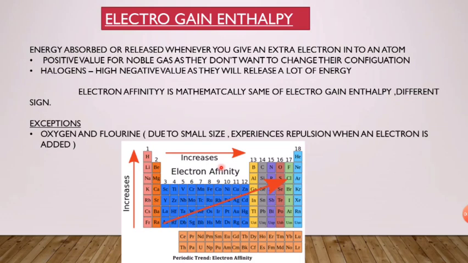That's why, as the atomic size increases moving from top to bottom in a group, the electron affinity actually decreases. Here it is actually bottom to top, so it's mentioned here as increases. While we are considering lithium to francium, that is top to bottom in a group, the effective nuclear charge acting upon the valence electron is decreasing. Therefore, the electron affinity is also decreasing.